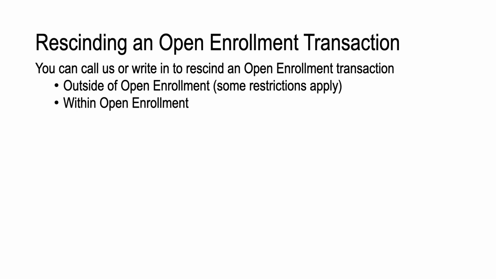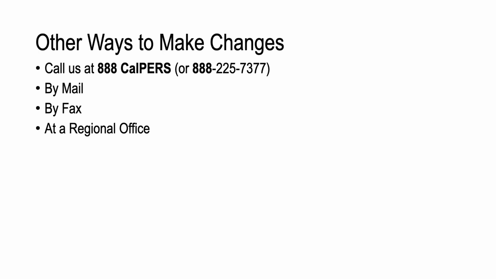This is only allowed if I'm still eligible for the Blue Shield plan I was enrolled in previously. But what if it's still Open Enrollment and I want to cancel my change to Kaiser, but don't want to go back to Blue Shield? I can do that and choose a different plan I'm eligible for, but only if it's still during the Open Enrollment period. You can call us at